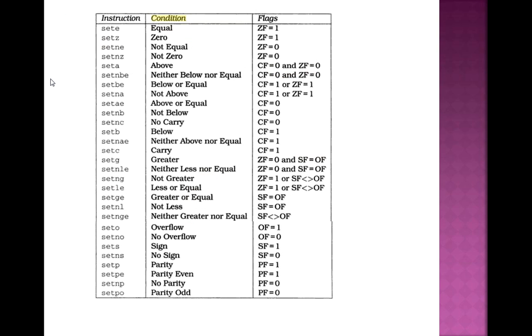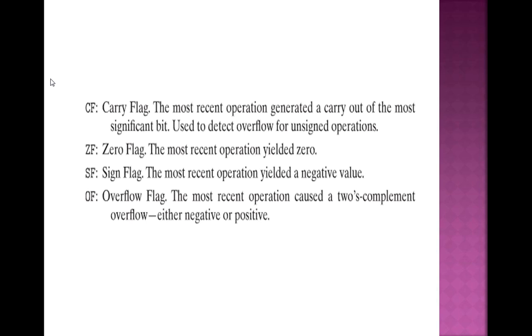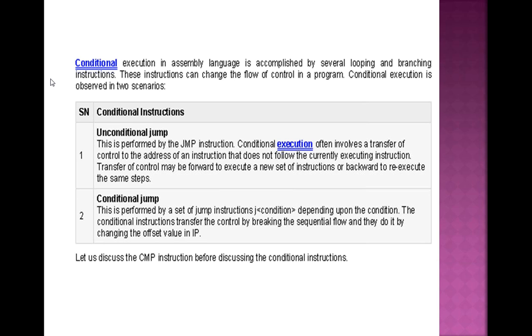Then what are the condition codes? What are the codes available for checking the conditions? These are the multiple codes available. Then we also talked about some looping. There is a while loop, there is a do while loop. And another statement is your switch statement. So we have studied 4 types, that is the do while loop, the while loop, the switch statement, and the next one is your for statement. And we also talked about multiple flags like carry flag, zero flag, sign flag, overflow flag.